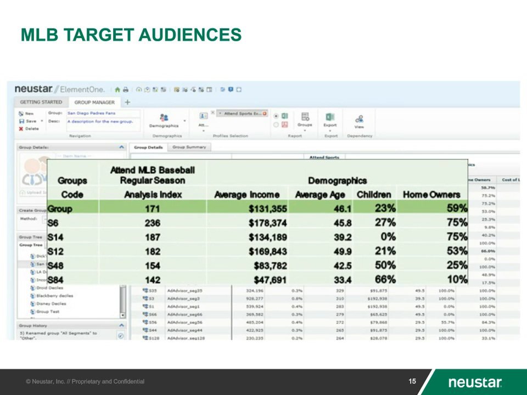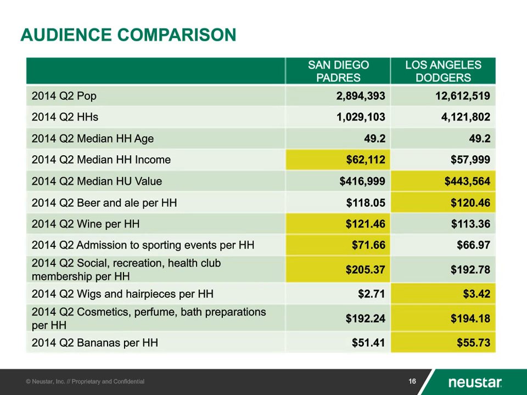And so here's the basic audience that you're creating and some of the demographic characteristics that go along with that, talking about their age, income, presence of children, some standard demographics that go along with the audiences that would be interested or be the fan base for the Padres and the Dodgers. But then what you need to do is compare and contrast. So, again, you need to go in and look at the underlying characteristics and start to build out the differences in these two audiences based off of an underlying analytics framework.